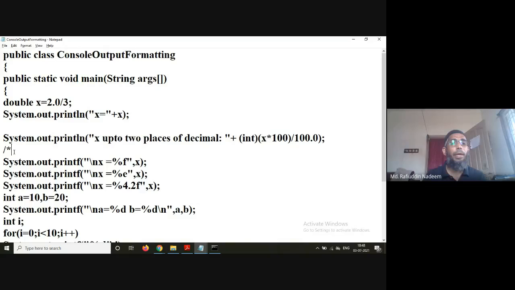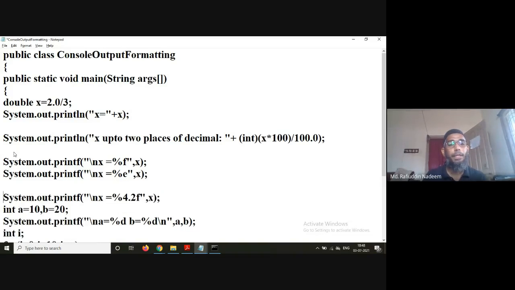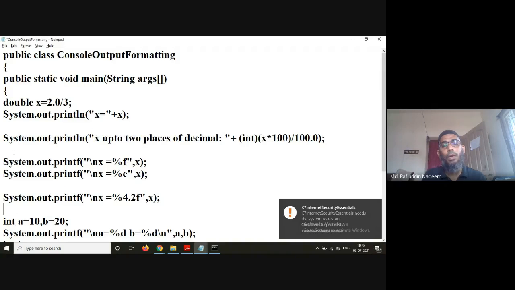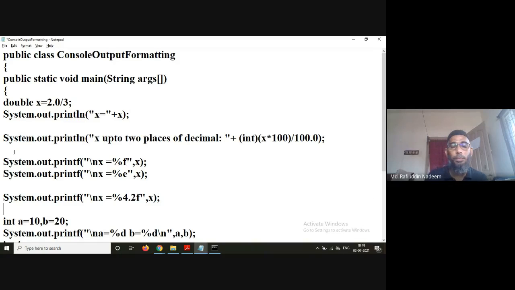And to avoid that, if you try to display it using %f and %e, the respective operation is going to display it in the respective form. But when you are using 4.2f, then directly we are specifying that after the decimal point we should have only 2 digits, and totally 4: 1 is for the decimal point, 2 for after the decimal point, and 1 for before the decimal point.